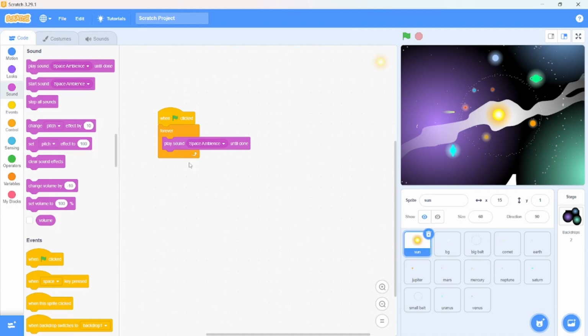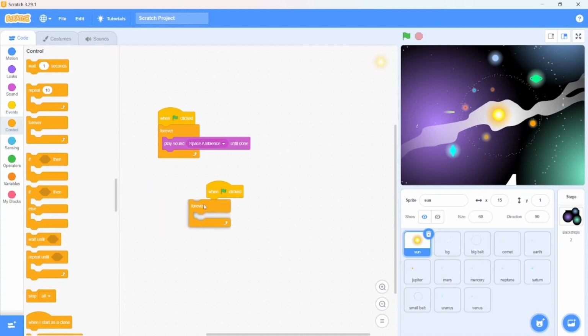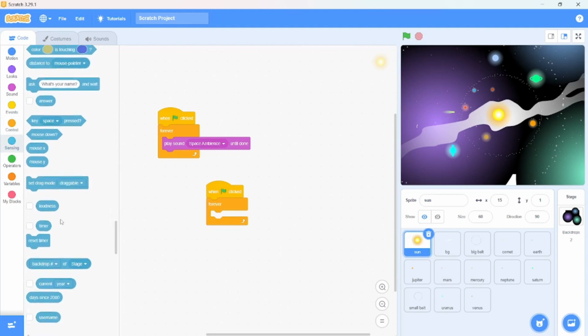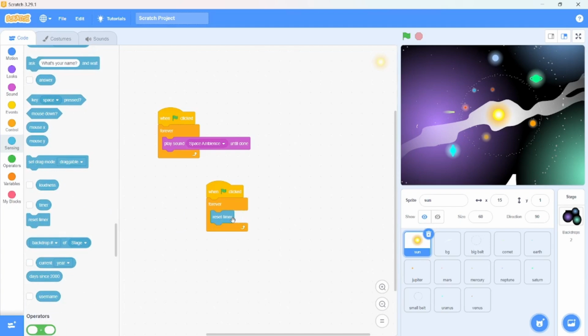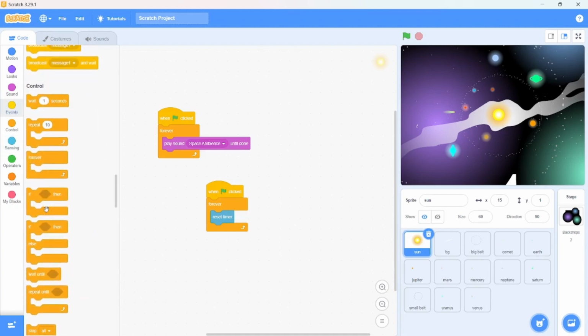Now we will add a timer also. Just again go in the events section. Use this block of when green flag clicked. Then forever we will add a timer. You will go in the sensing block and here you will have the option of reset timer also. Now, whenever we add any block and add any function, we reset it or set it to 0 so that later on we don't have to face any problem. Then here you will have the option of wait until, and we will set a time.